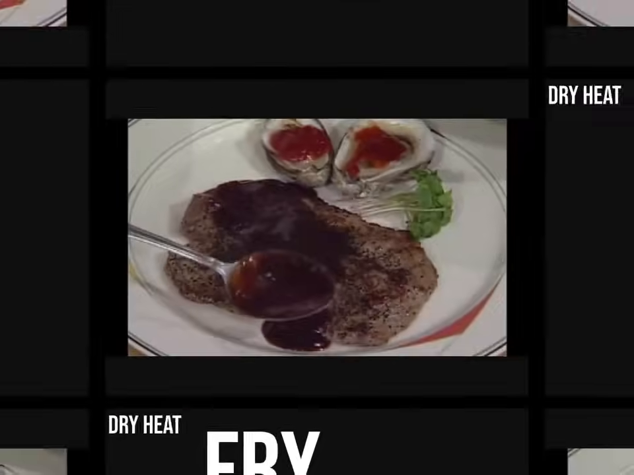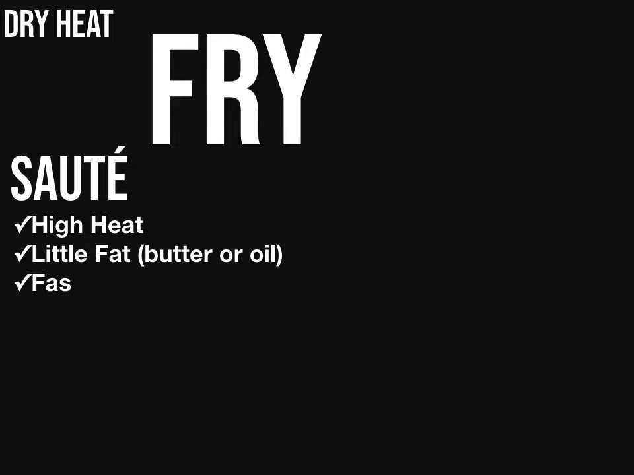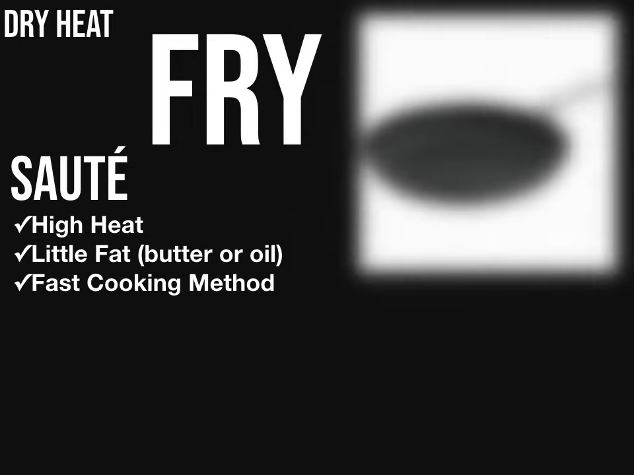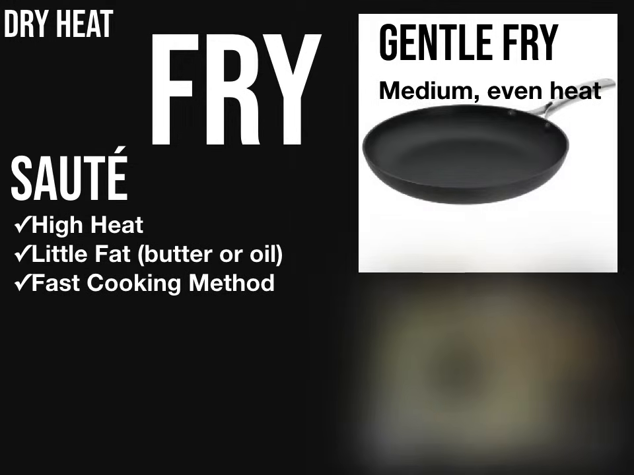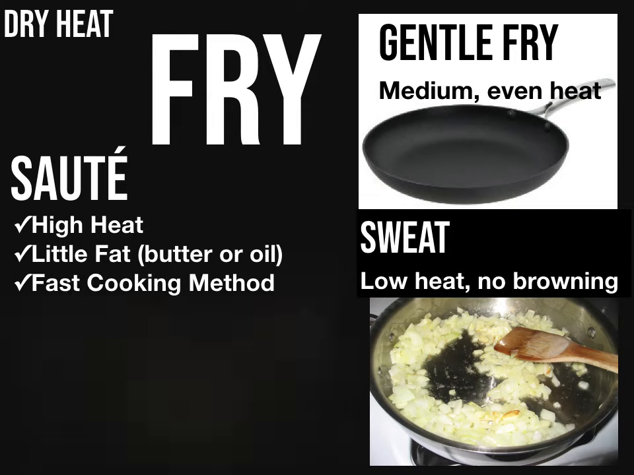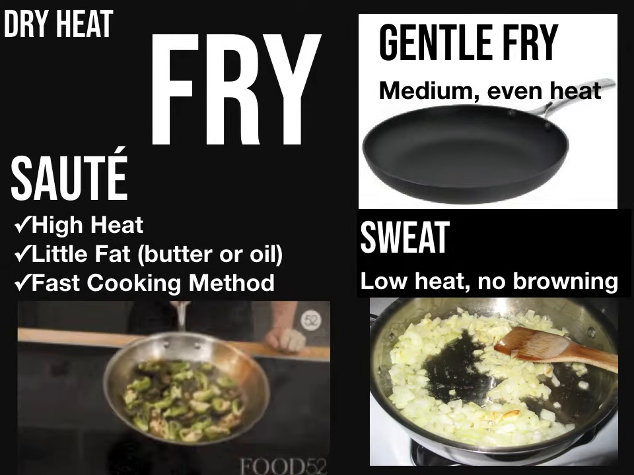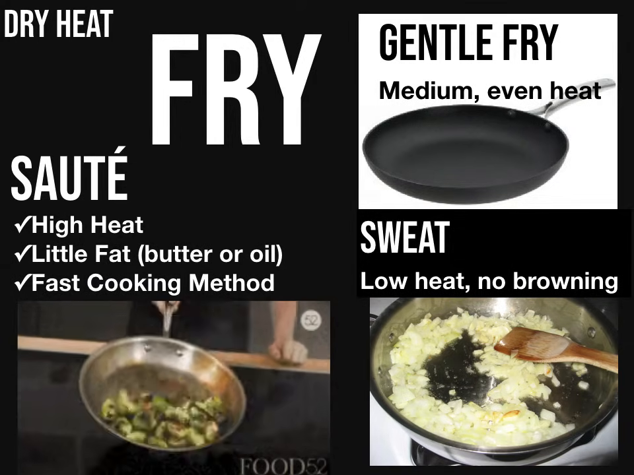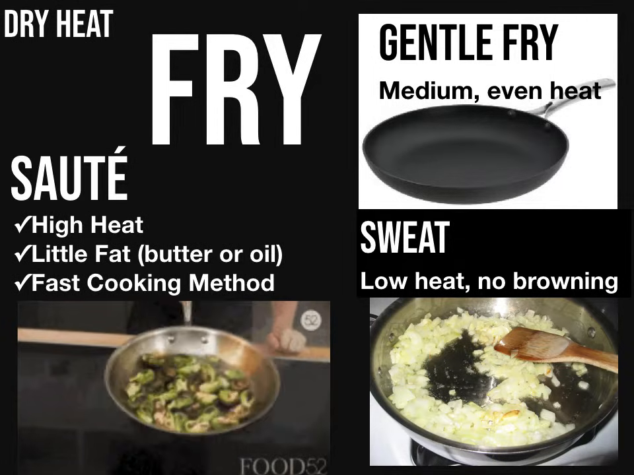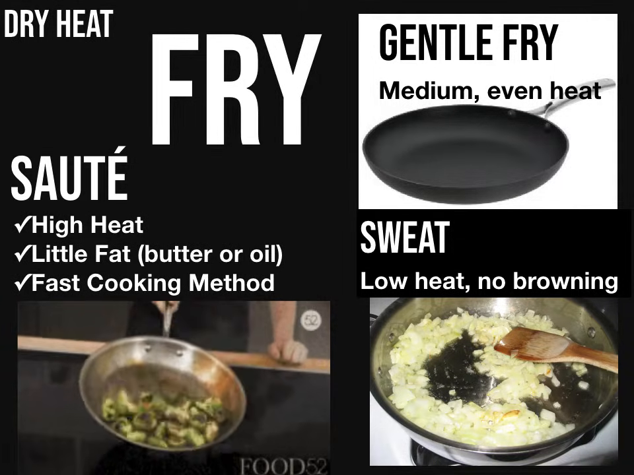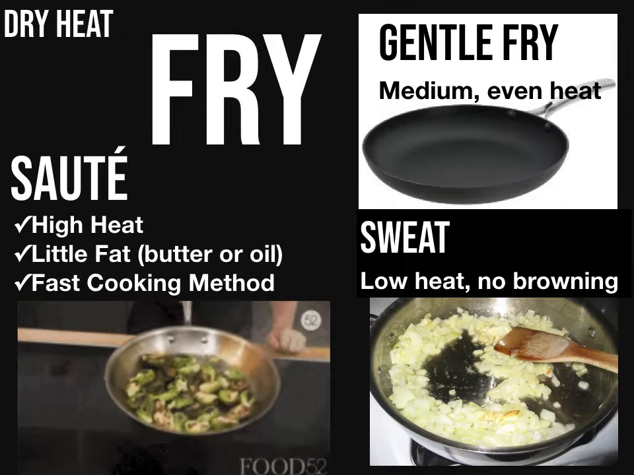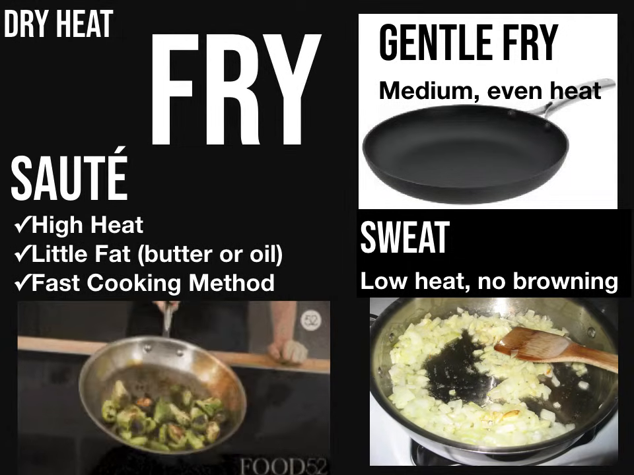And that takes us to frying. And we have 3 different levels of frying. We're going to start with sauté, which the French word literally translates to jump. And that's what we're doing. We're making the food jump around in a very hot, high heat pan. It's a fast cooking method intended to sear or brown the outside of food without cooking it all the way